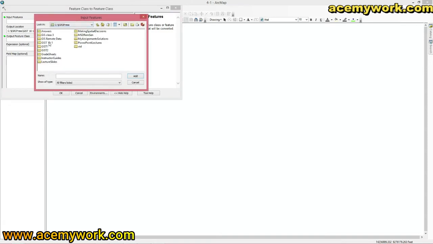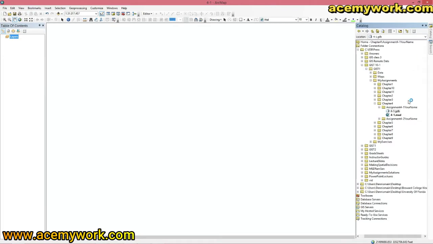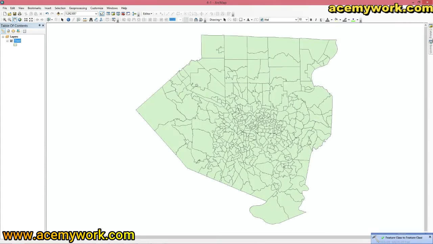We're going to go to our Acemywork folder, GIST 1, data files, and I believe it's this. Yep, okay. Output feature class, we'll call it track, for census track. Okay. Now it wants us to